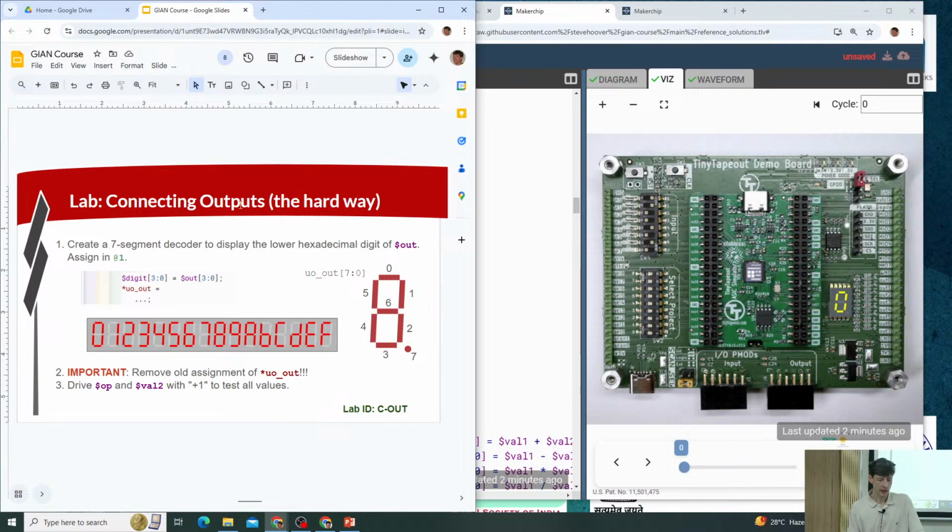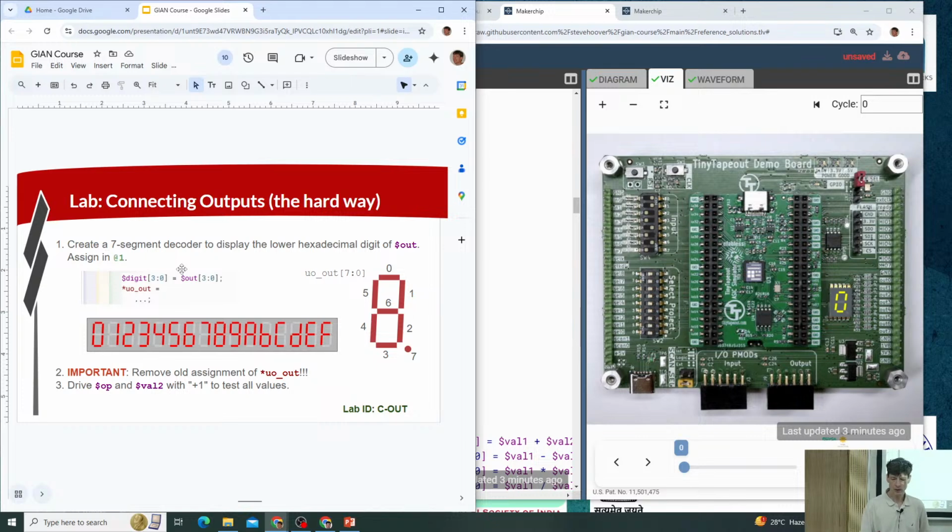So the next lab is to connect the outputs. So right now, you've dropped your logic into the template, but we haven't hooked up the inputs, we haven't hooked up the outputs. So the next lab is to hook up the outputs, and the lab after that is to hook up the inputs. And then we'll have a complete tiny tape-out design, a functioning calculator, and we can play around with that on the FPGA boards. Okay, so this lab